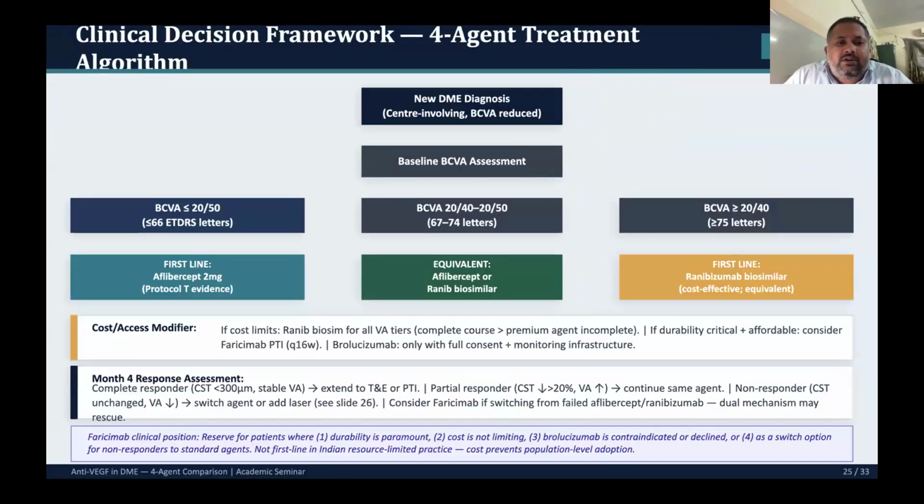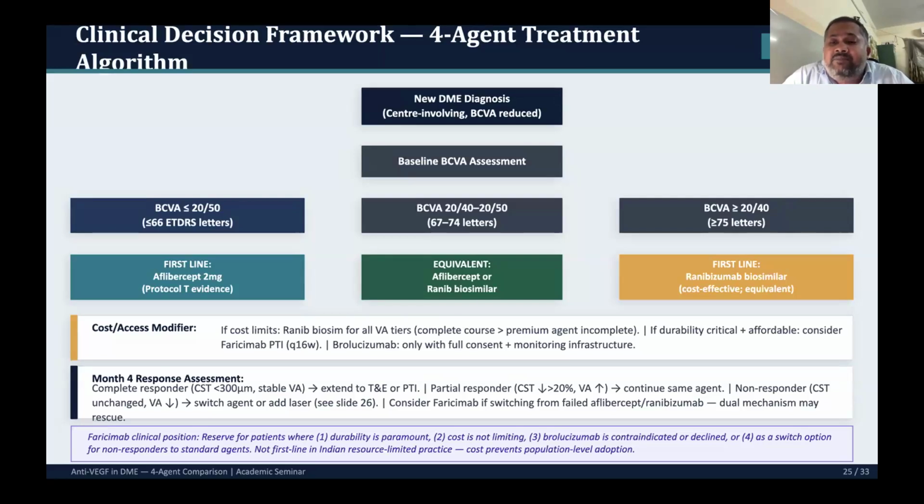And so if we try to rationalize this through an algorithm, when we come up with a new DME diagnosis, center-involving with BCVA reduced, we do a baseline BCVA assessment. Now, if the BCVA is 20/40 to 20/50, 67 to 74 letters, we could use aflibercept or ranibizumab biosimilar if